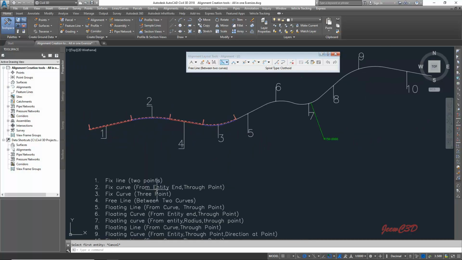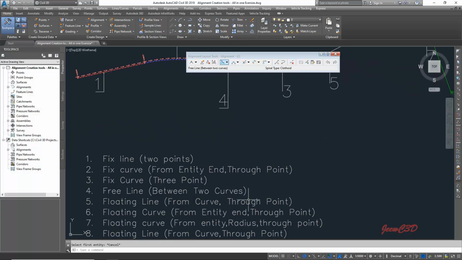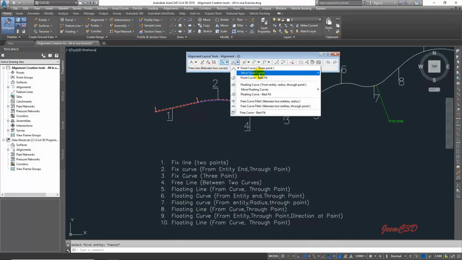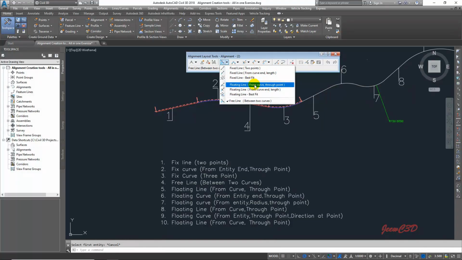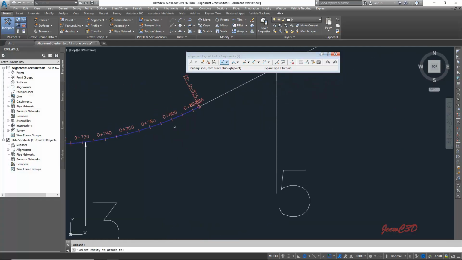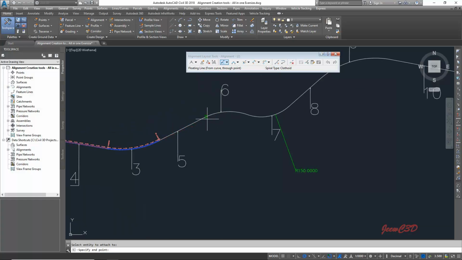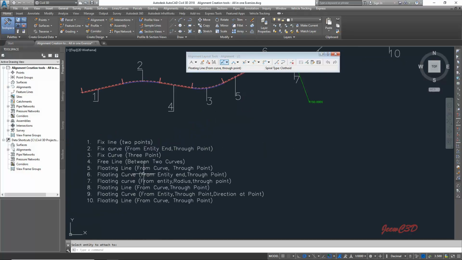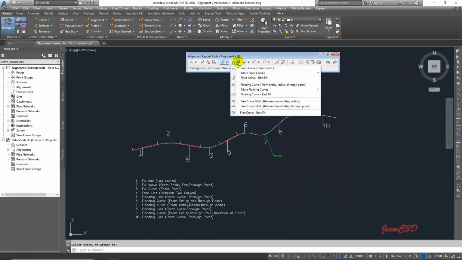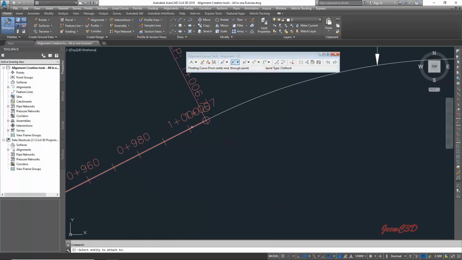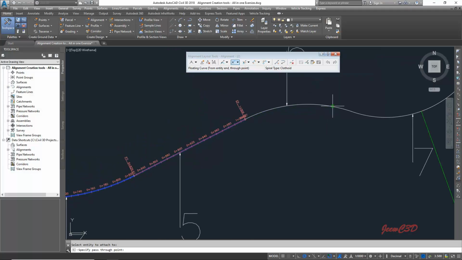Then my number 5 is floating line from curve through point. Here, floating line from curve through point, this one. Click this one and my alignment will pass through this point. So I press enter. Then my number 6 is floating curve from entity end through point. Here, floating curve from entity end through point. My endpoint is here and my through point is somewhere